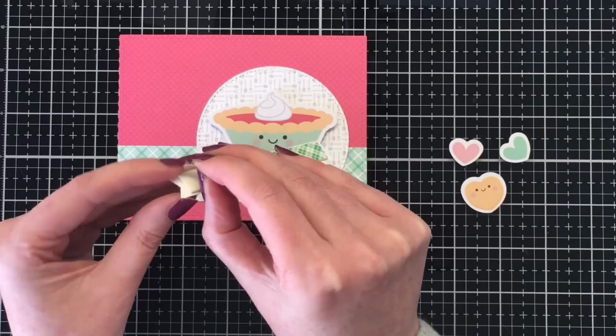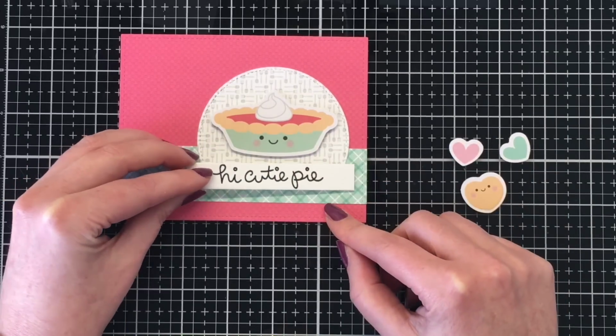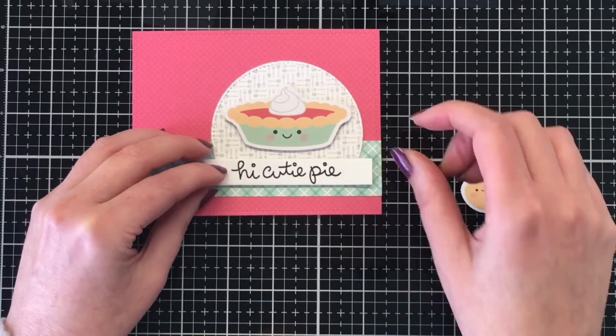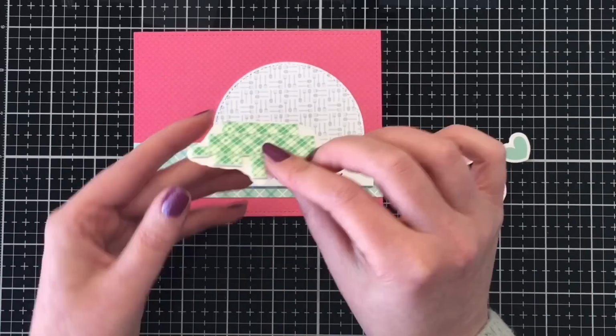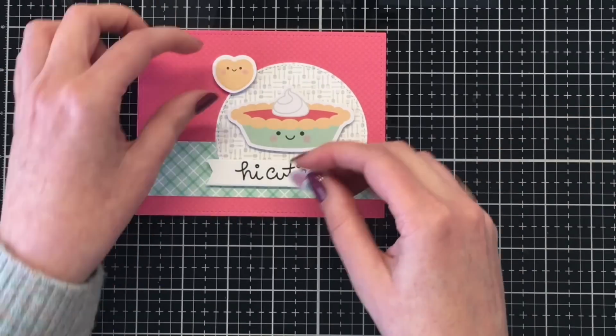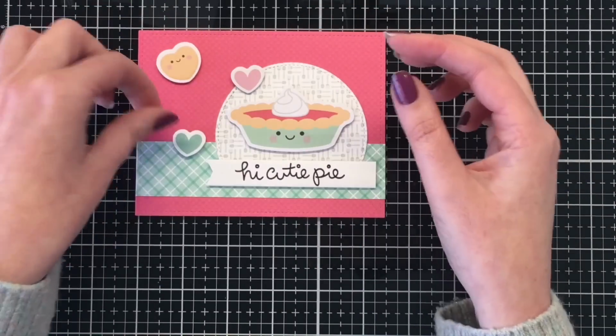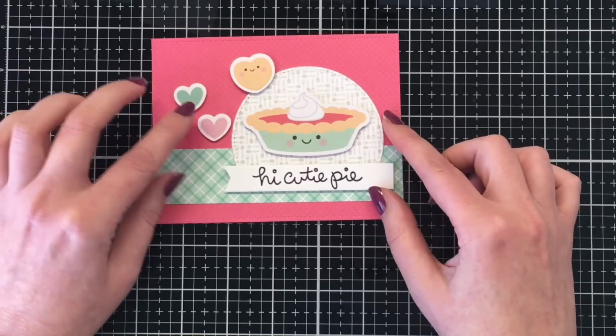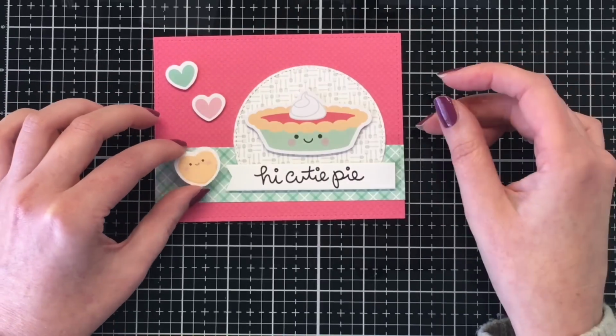And then I'm using the sentiment Hi Cutie Pie, and that's from the Lawn Fawn mini stamp set called Cutie Pie. Also decided to add 3 hearts here. I felt like it needed a little something in that left-hand side, but you can see I'm playing around with placement quite a bit here for these hearts, but I wanted to leave it in so you can see